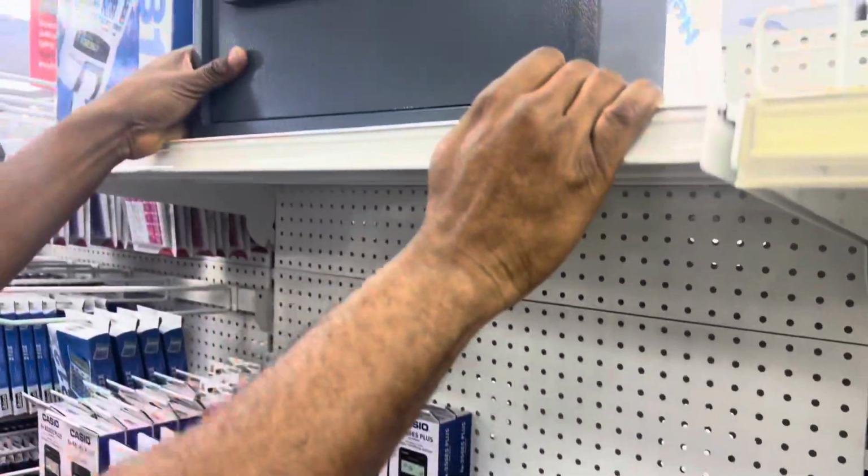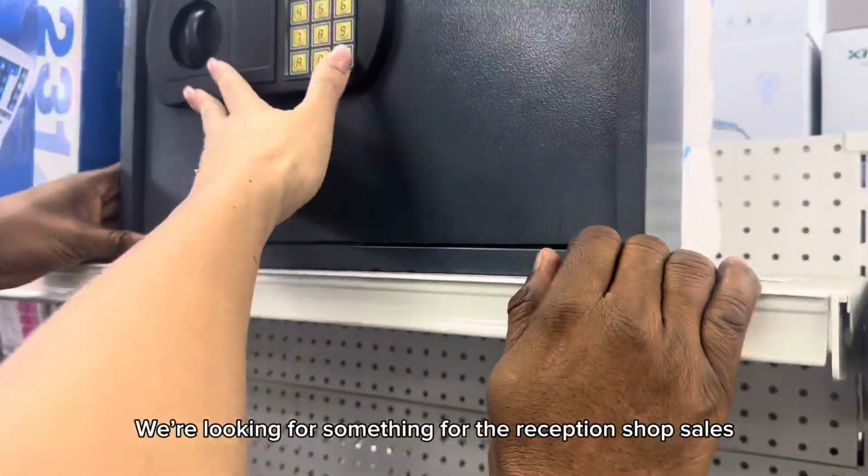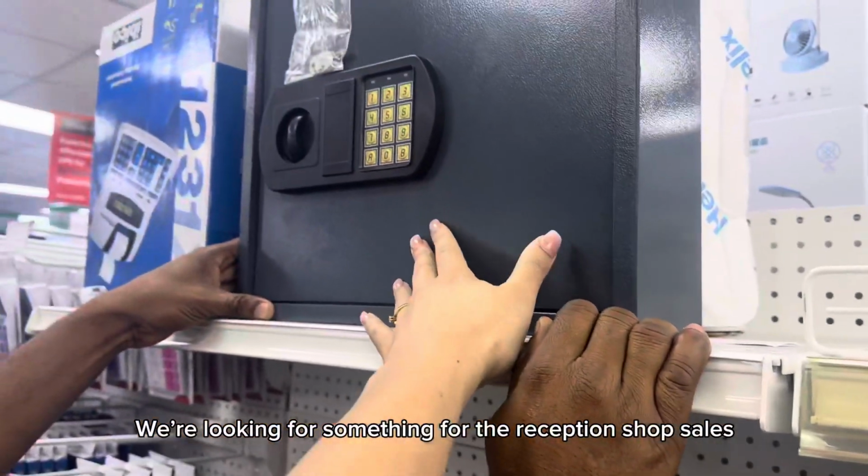But you can keep everything you want in there. You don't really need a safe, right? You just need something to